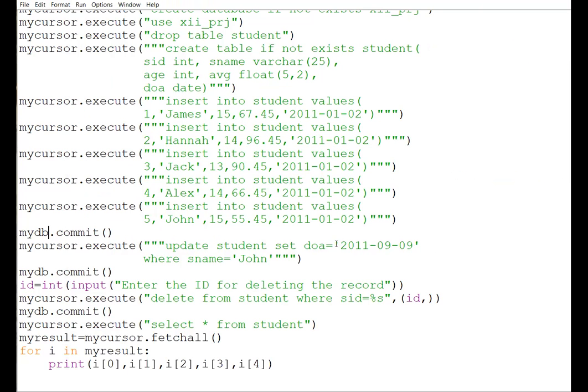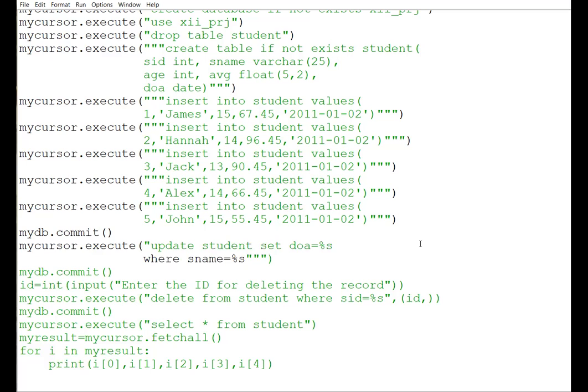For example, date of admission is equal to %s, name is equal to %s, and now instead of writing it in multiple lines, I am writing it in the same line.